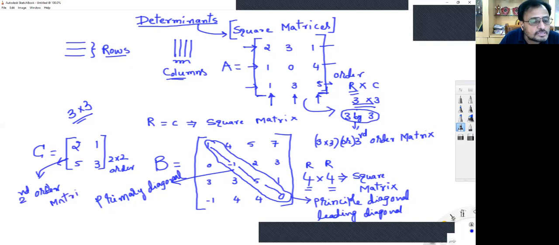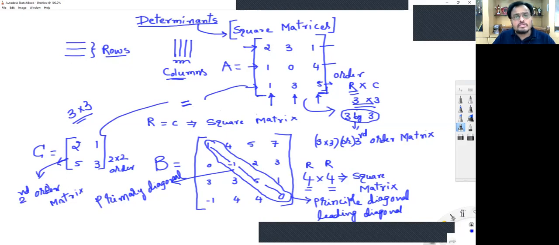So most of our syllabus, my dear students, is based on 2 by 2 or 3 by 3 matrices only. But from a competitive exam point of view, sometimes we may go for 4 by 4, 5 by 5, or in competitive exams like engineering entrance and JEE, sometimes up to N by N also. For our syllabus, most of the time we'll be covering 2 by 2 or 3 by 3. So this is the minimum basic introduction needed to start determinants.